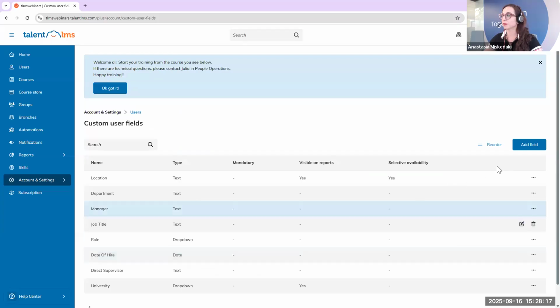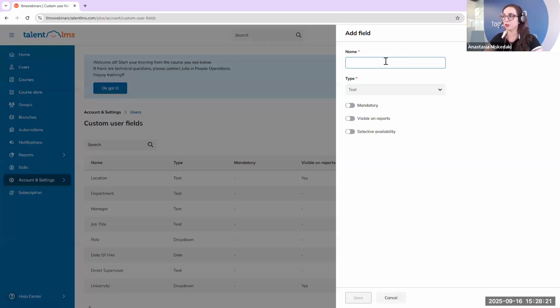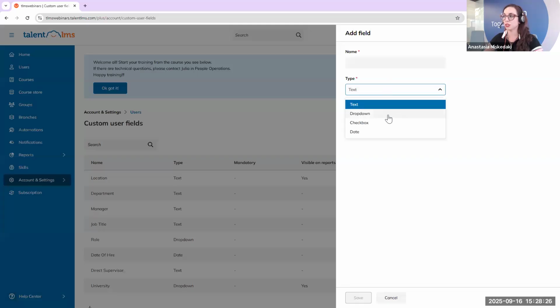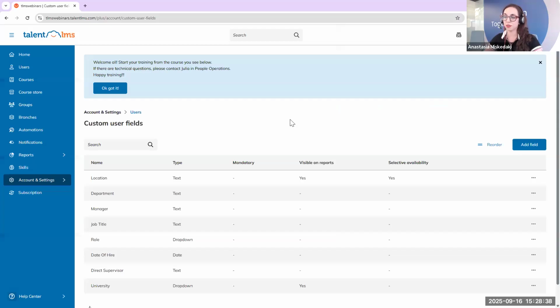So to create those fields, just click on Add Field, type the name that you would like to appear in the user profiles, how the information is going to be filled in, and then select mandatory if you would like the users to provide this information for you as soon as they log in, and make it visible on reports to also see the user fields and that data in your reports. You can create up to 100 different user fields,